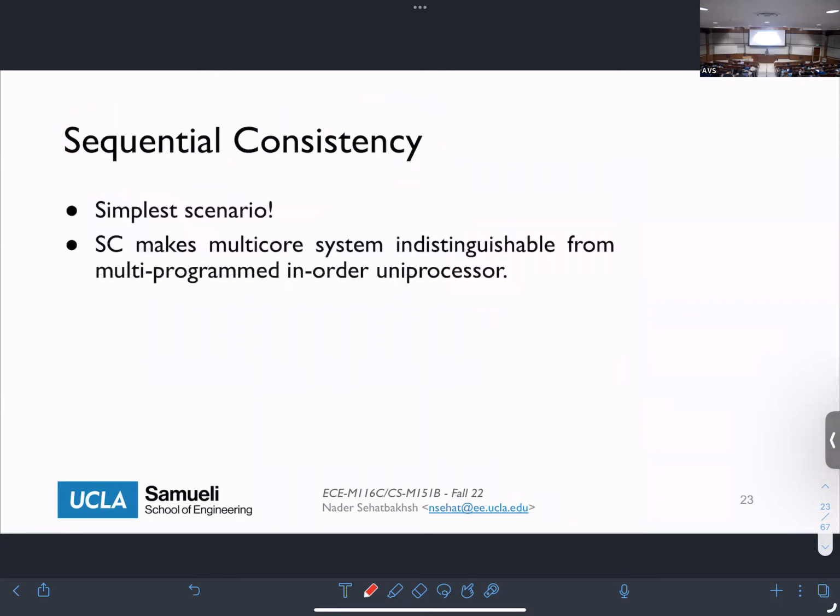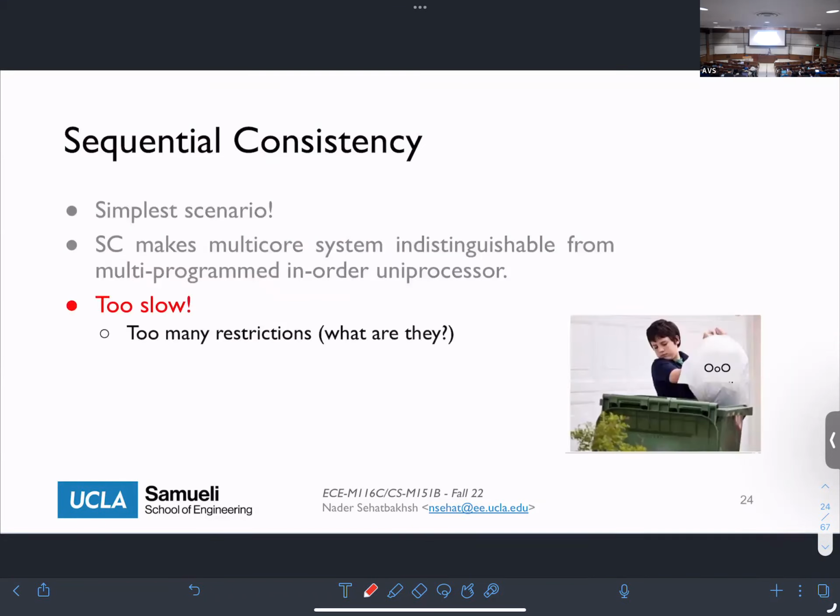And this is the simplest scenario, right? It basically says that whatever I write in each program, in each core, that's what's going to happen. That's what everybody else is going to see. And then make your assumptions based on that. Write your program such that, the last thing that we discussed, that things can reorder within the core, is not there. You just need to synchronize your cores and you're done. This SC gives you the same idea as an in-order processor. Everything happens in order and you're happy, right?